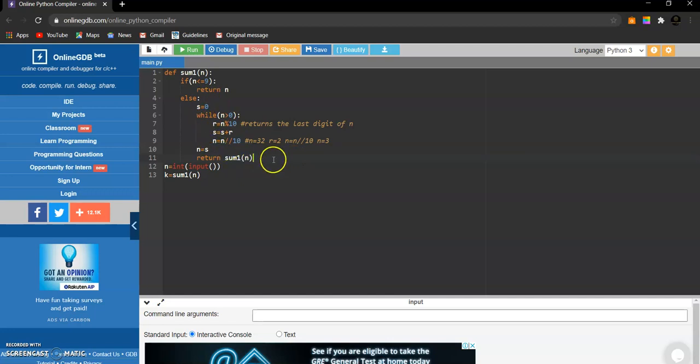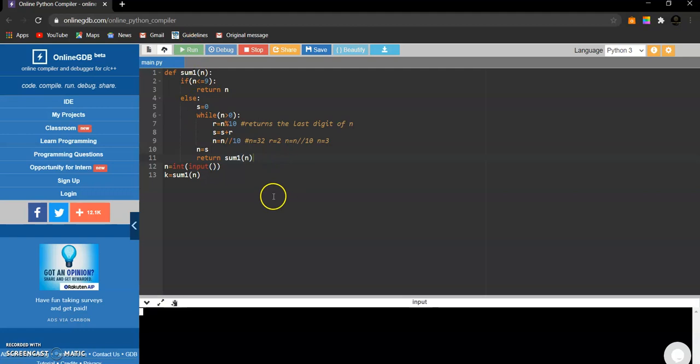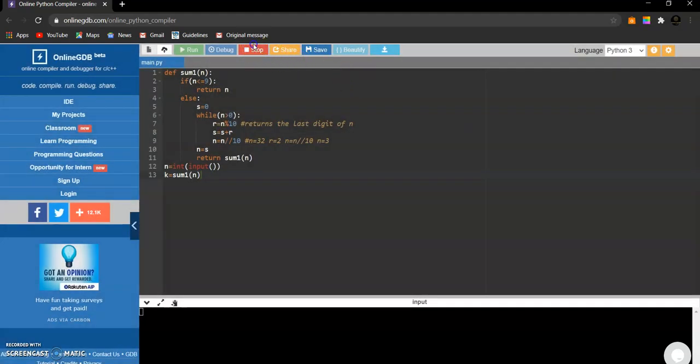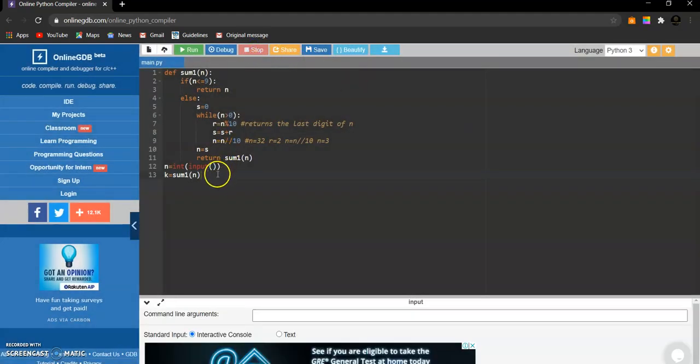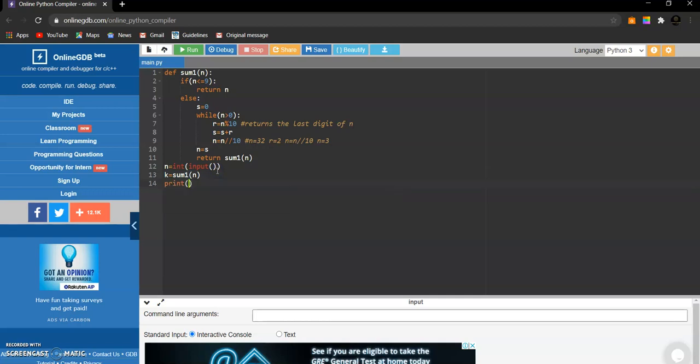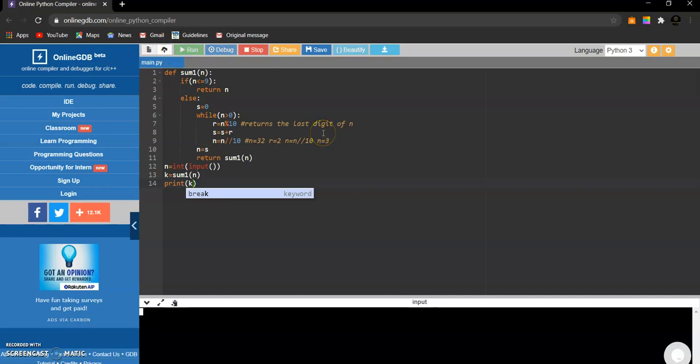So I think we are done with the code. Let's run it. Sorry, we have to print the value. Let's run it. Give any n value, let's say 1999.